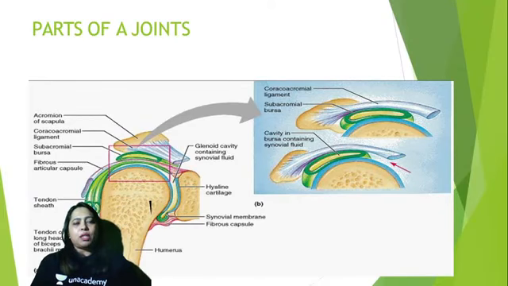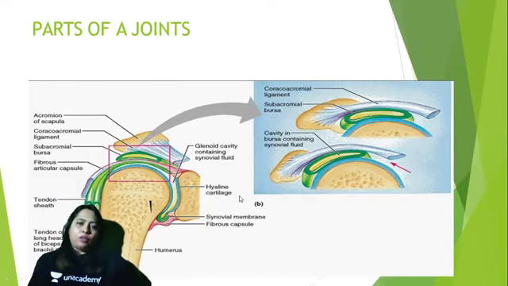So which ones are the ones which do not move? That comes under fibrous joint. The ones which have slight movement come under cartilaginous joint. The ones which have the capsule or the joint cavity will come under the synovial joint. And then subcategories also you can list for the synovial joint. For synovial joints, the examples are very, very important.